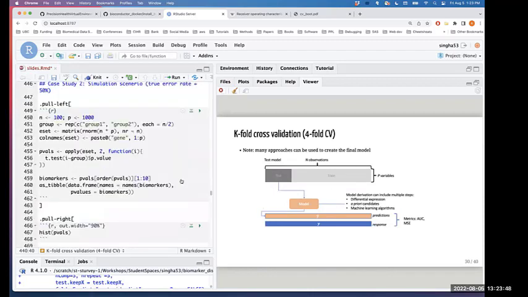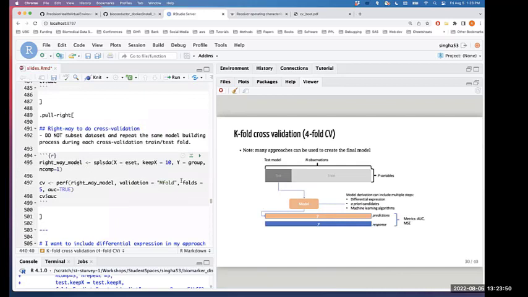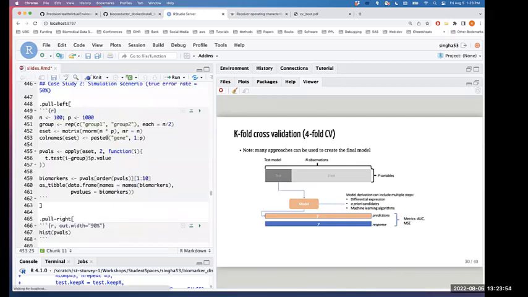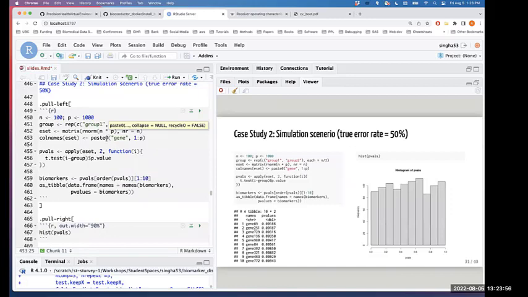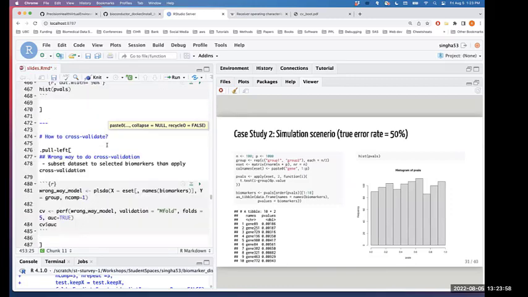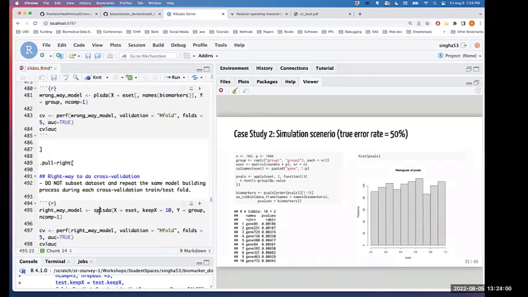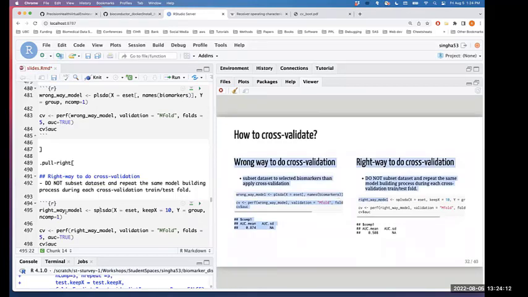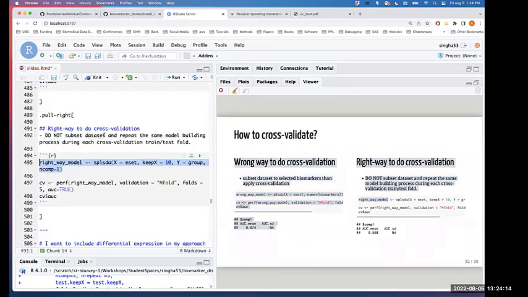Okay, so if you look at this with that wrong and the right way that I've done it here. Sorry, not this one. This one. So this one here, I had taken the entire data set and I had chosen 10 features to develop my model with, right? So if I run this model,